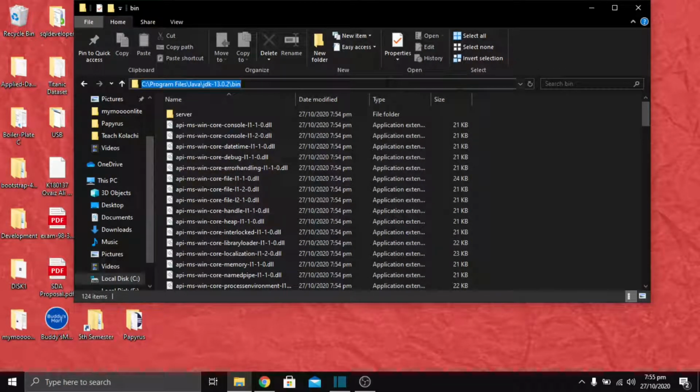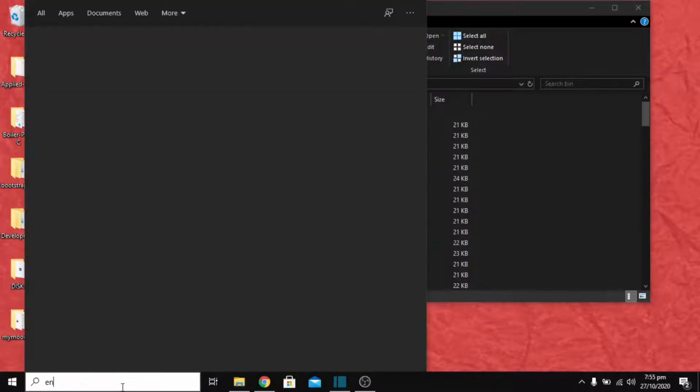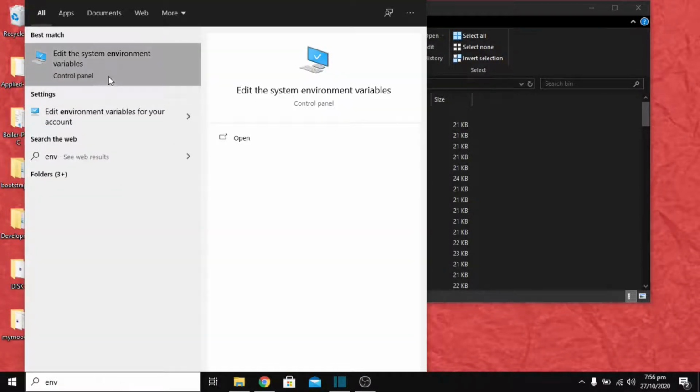folder of Java JDK 13.02 is being located, so we can create an environment variable so it is accessible throughout our system. So whenever any application which requires Java development environment, it would be easy for it to access it. So just click over here, so we can copy the address, and in the search bar we are going to write env, and it would show that edit the system environment variables. So by clicking over here,